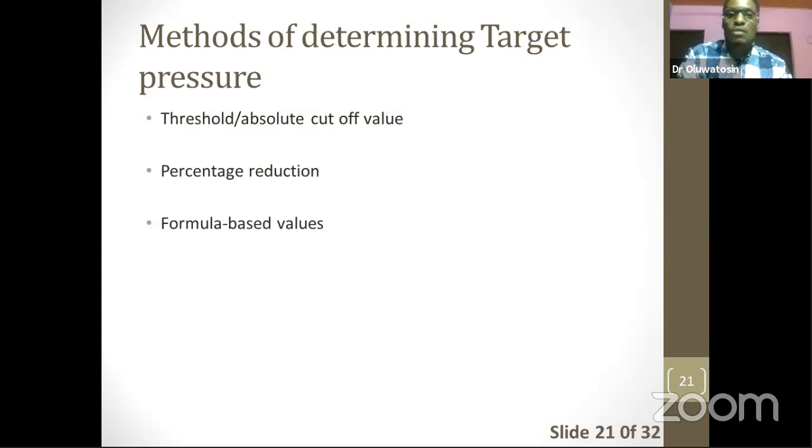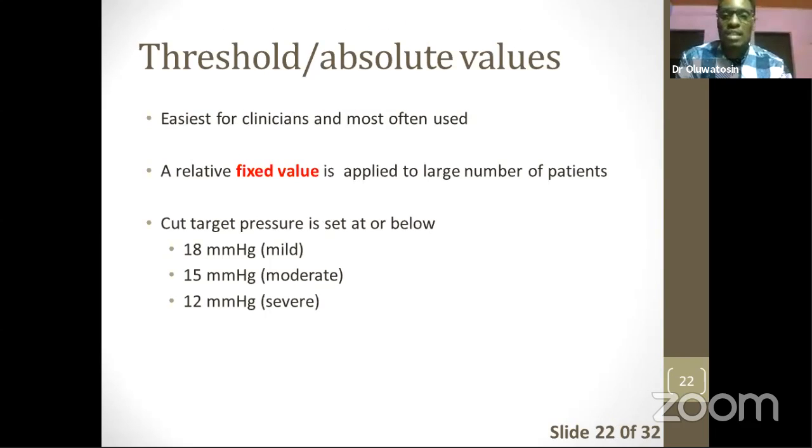So the method of determining target pressure, there are 3 methods that I got from the literature. We have the threshold or absolute cutoff value. We have the percentage reduction. Then we have the formula-based method. The most often used by clinicians is the threshold method, and it is just like you want to set